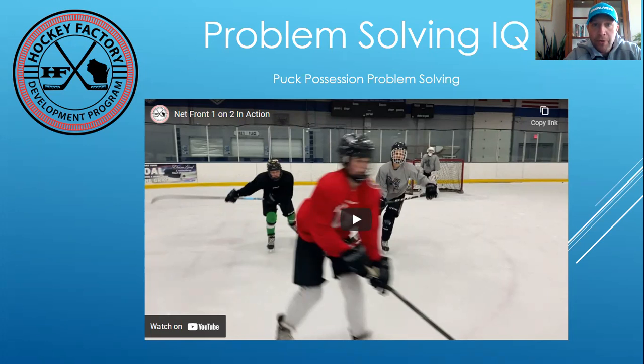And if you read the article, you probably know by now my definition of problem solving IQ is if you have the pockets going from a very high contested area into a low contested area, or getting out of your danger zones into safe areas of the ice. If you are defending the puck, problem solving IQ for me is keeping the offense in low contested areas of the ice. So what we have here is my four examples of puck possession, supporting the puck, attacking the puck,